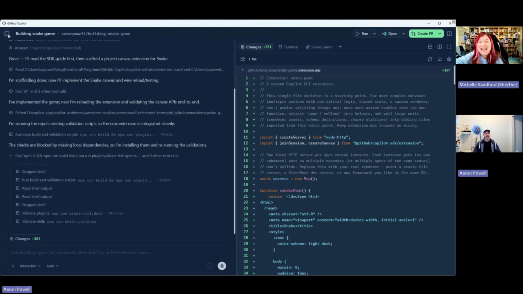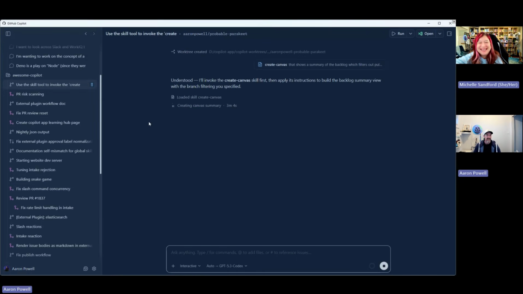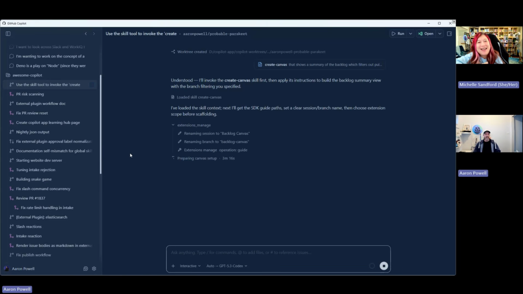Interestingly, I did ask the app what is a canvas, and it didn't know what a canvas was until I showed it. And then it was like, oh yeah. Normally I always ask GitHub Copilot everything. So all the questions that I get from people about GitHub Copilot, I ask GitHub Copilot itself, because I think surely it knows best about itself. But I guess sometimes even it can get confused.